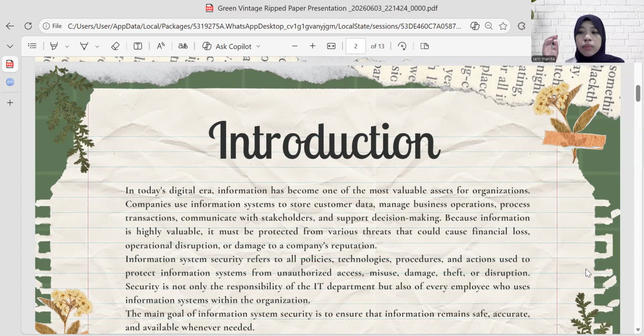Information system security refers to all the policies, technology, procedures, and actions used to protect information systems from unauthorized access, misuse, damage, theft, or disruption. Security is not only the responsibility of the IT department, or information technology department, but also of every employee who uses information systems within the organization. The main goal of information system security is to ensure that information remains safe, accurate, and available whenever needed. Next, we will talk about